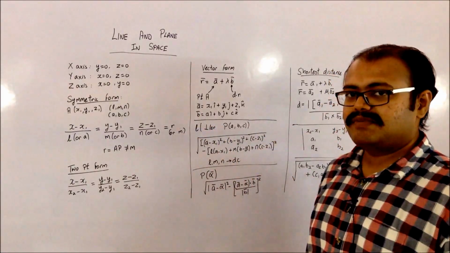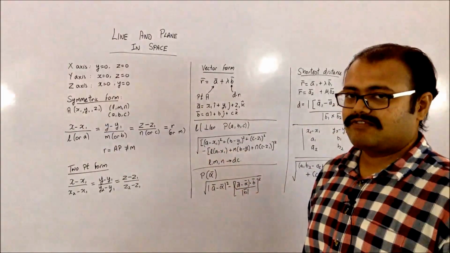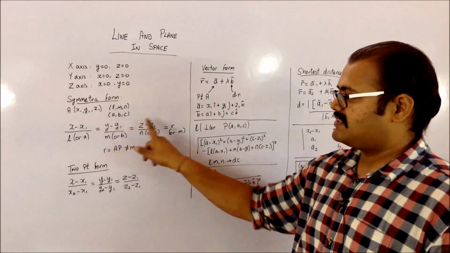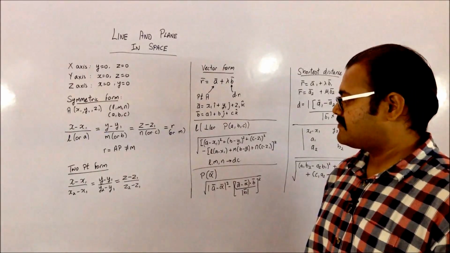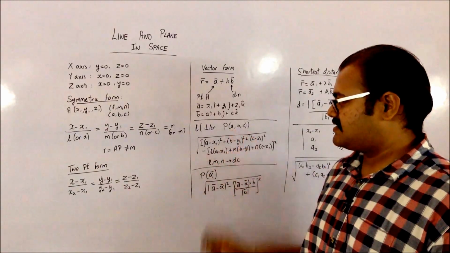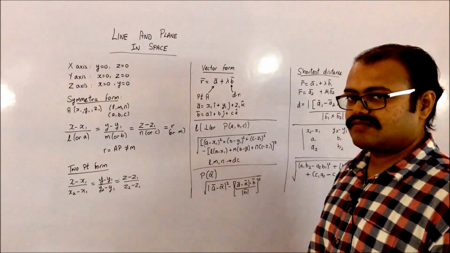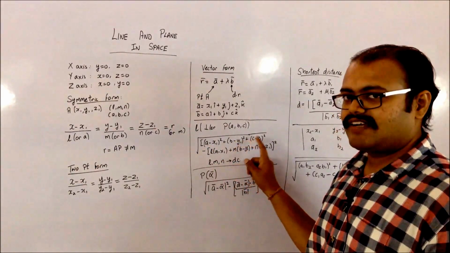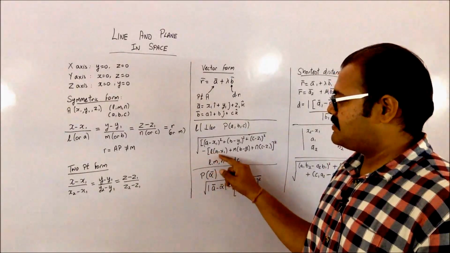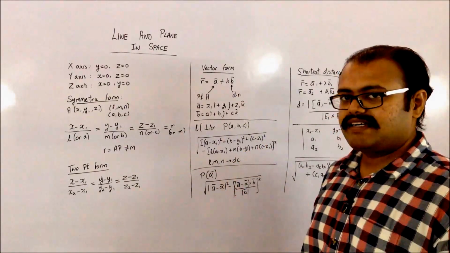Next, if we are considering the perpendicular distance of a point from a line which is represented in the symmetrical format, in which you know the point x1, y1, z1 on the line, and the point from which we have to find the distance is given by a, b, c. Then it is given by this particular formula, which is nothing but the square root of (a minus x1) square plus (b minus y1) square plus (c minus z1) square, minus the square of l into (a minus x1) plus m into (b minus y1) plus n into (c minus z1).